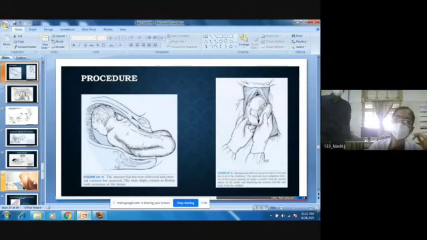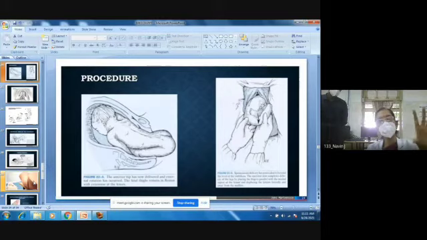So the procedure, as I already told you: till the umbilicus is born, you should allow the baby to deliver on its own. Most importantly, the patient should be brought to the edge of the table and her legs put up on stirrups in a lithotomy position. You should always give an episiotomy when the breech of the baby is climbing the perineum, that means you can see the anal orifice of the baby at the mother's introitus in between uterine contractions. This is similar to crowning in a vertex presentation. So you should give an episiotomy. Always the patient should be in lithotomy position, with her legs up on stirrups.